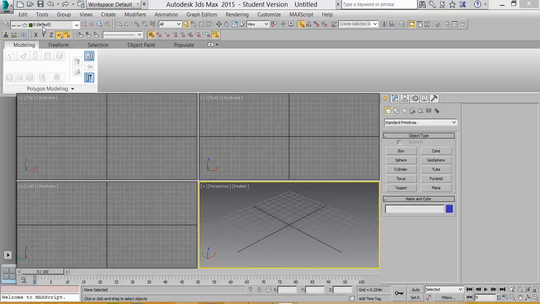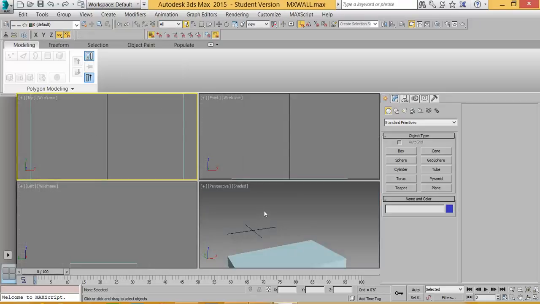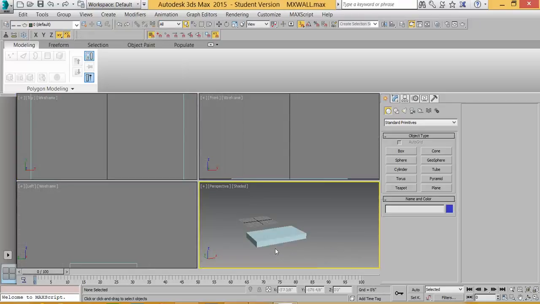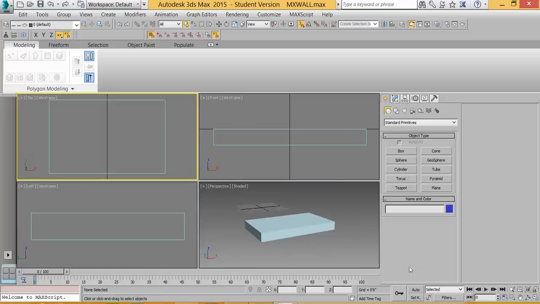Alright, I've reset the scene and I'm going to go to the file that was provided on the CD, and it's called mxwall.max. You select that and open it. It should give you a floor that looks something like that. Alright, once you've got that selected, go into your top view